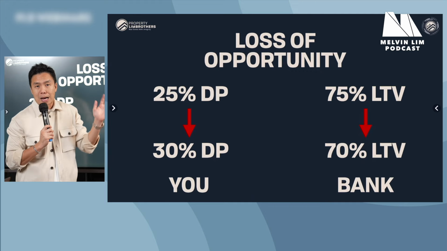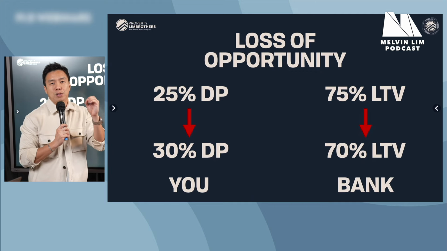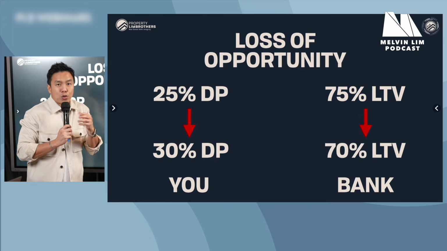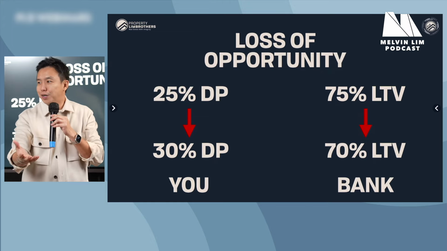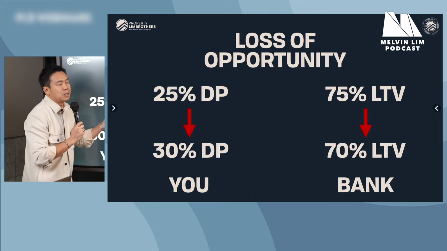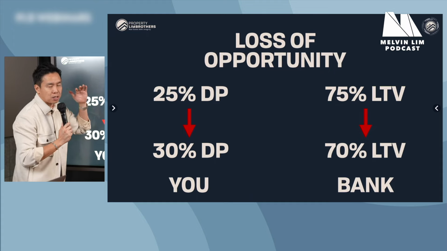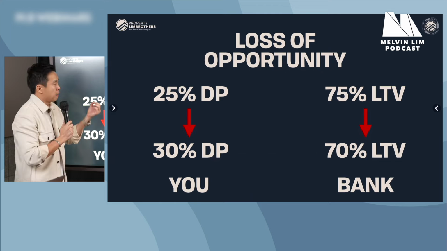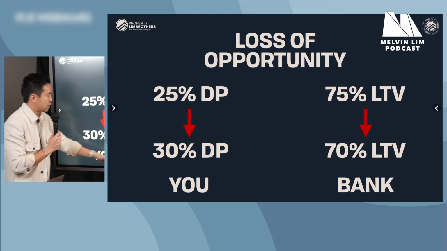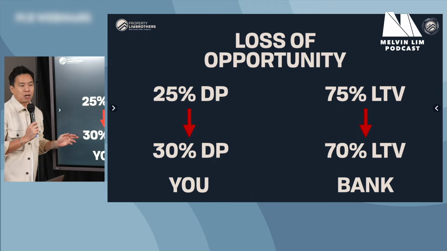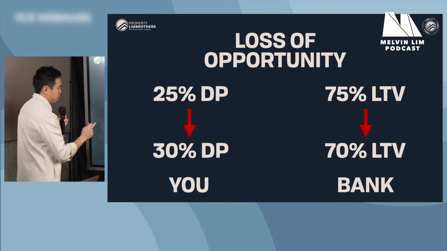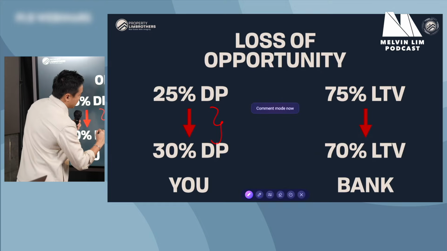We will not be alarmed if, let's say, prices were to continue to creep up. And maybe, I'm not sure, I'm not trying to speculate, and I hope that it won't happen. But let's say, for example, next year or the year after, prices are not coming down, government feel that they need to restrict even more. And let's say if they were to bring this down to 70%, and you have to put in 30% down payment. Now, the very first thing that will happen potentially, number one, is that this additional 5% that you put in,